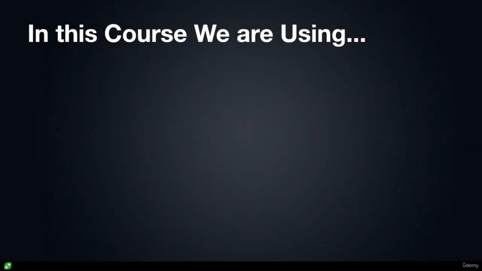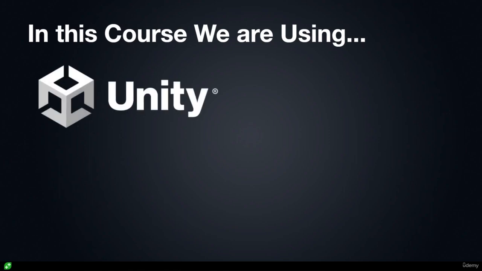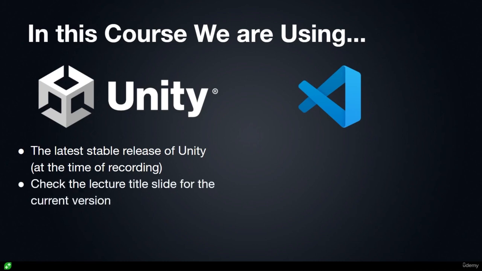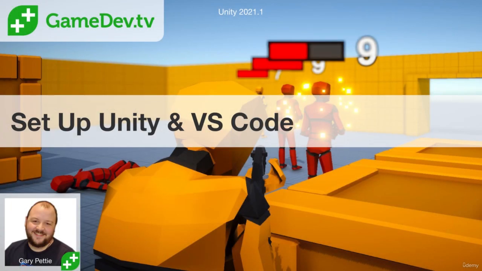In this lecture, we're going to get set up with the Unity game engine and the VS Code IDE. Now, when it comes to Unity, we always try and record using the latest stable release of Unity. And at the start of each lecture, whenever we're in the environment, we'll list which version we're using on the title slide. So as an example from this lecture, at time of recording, the latest stable version was Unity